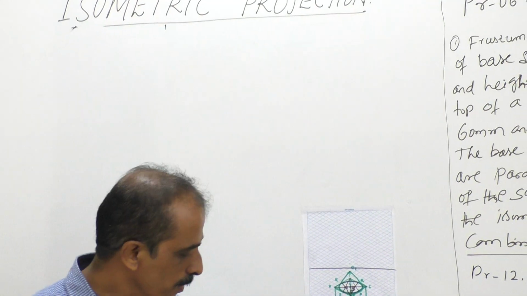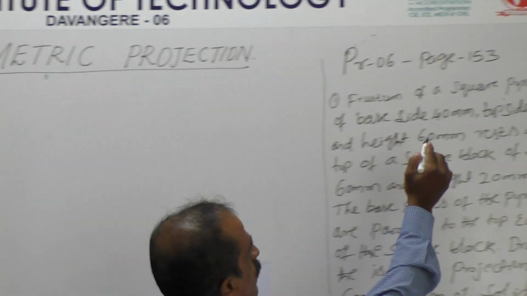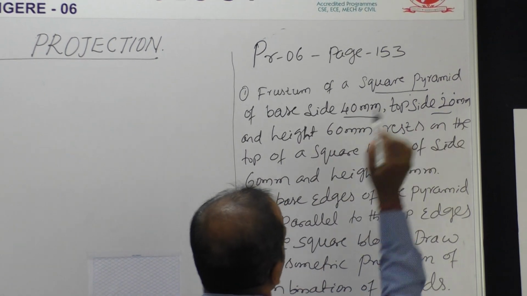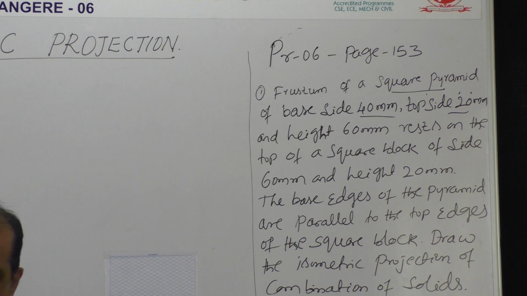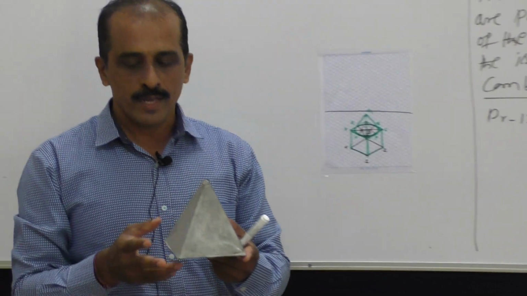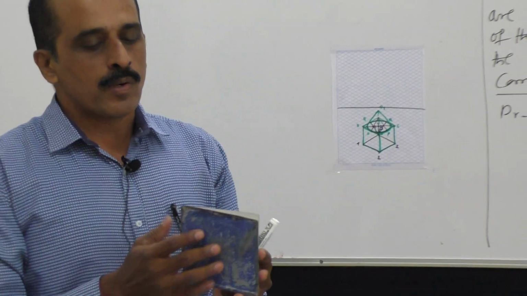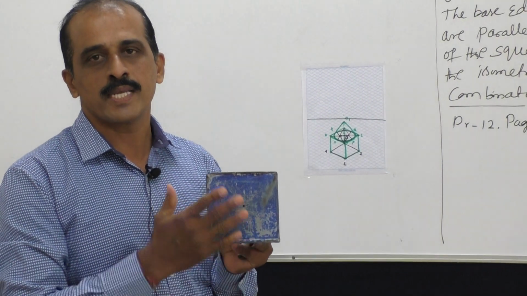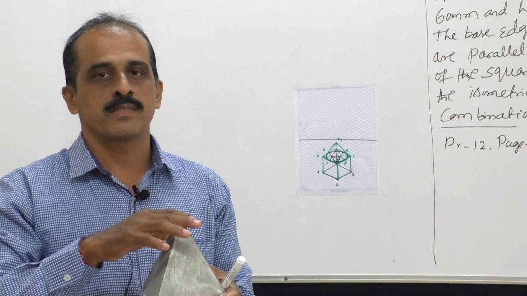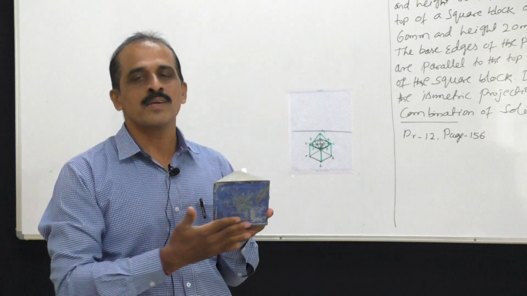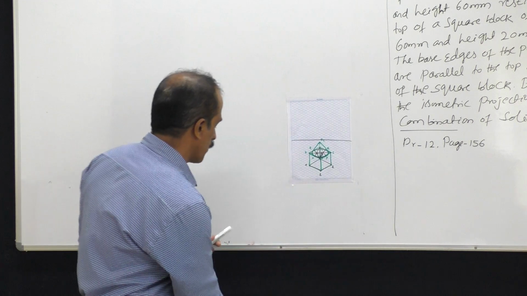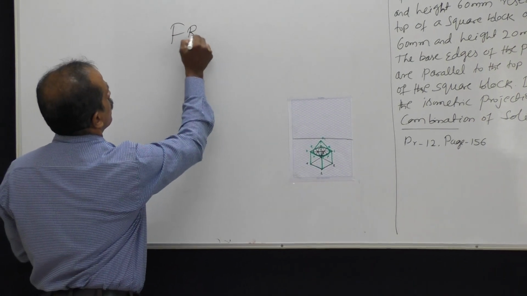Now in today's session, I am going to deal with the frustum of a square pyramid of base side 40 and top side 20 with a height of 60 mm. Now this is exactly the square pyramid, where at the bottom is a square. If it is a hexagon, it is a hexagon. If it is a pentagon, it is a pentagon. Now pyramid means there is always an apex at the top, and the bottom will be according to the geometry of the given condition. Now the meaning of frustum is nothing but frustum,